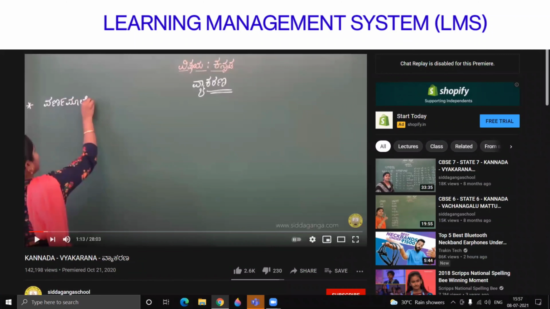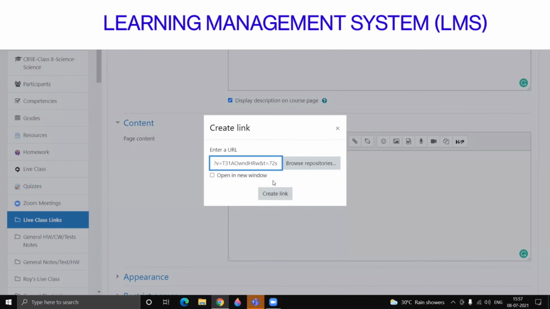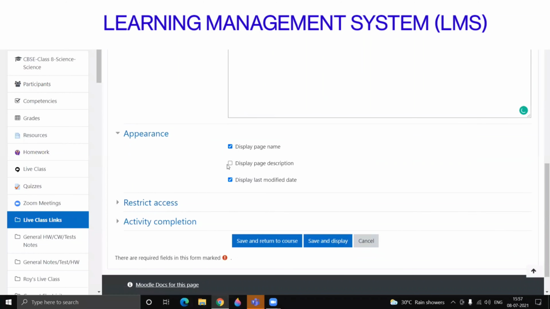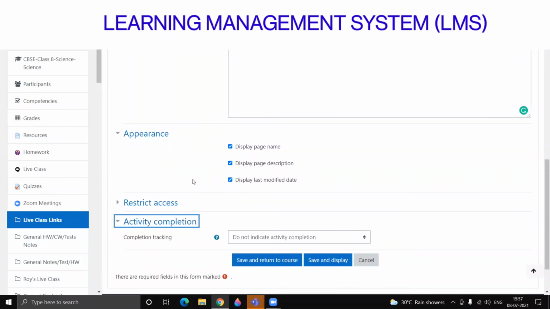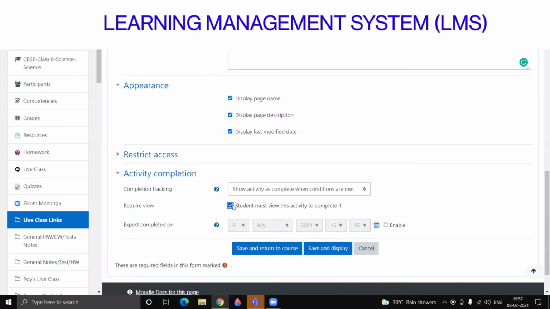Suppose if I feel this relevant content, copy the URL, and whatever content you select, only this will be visible, other resources will be blocked so that the child won't tend to see other things. So I say this as create a link, and I'm going to give a date and time for the child to complete learning with this activity. So adding a title, giving an instructions, and the completion time is common for every activity. Whatever time you give the activity completion, the child will get it on the child's timeline so that he will get to know that there is an activity and by when they have to learn and submit that work by the given date and time.